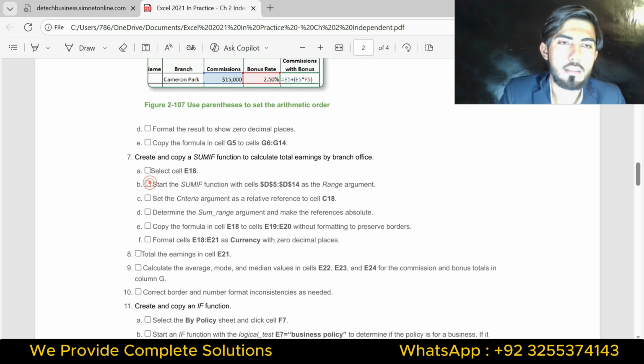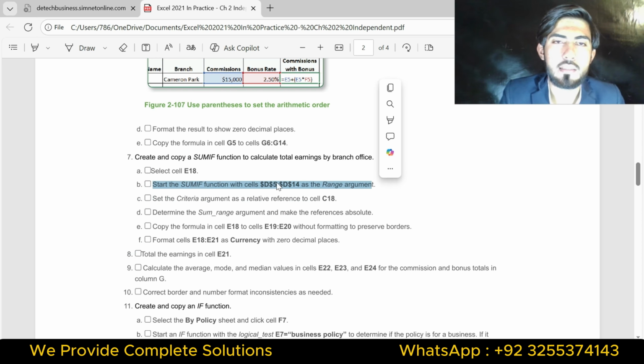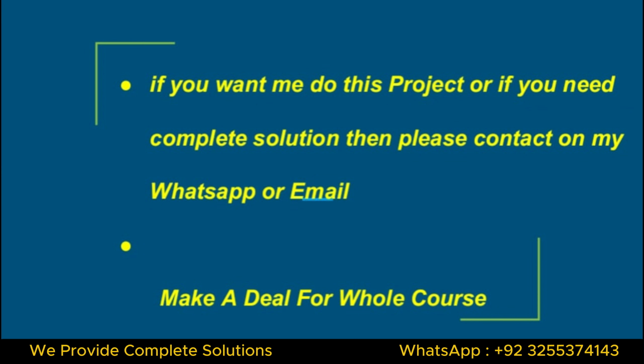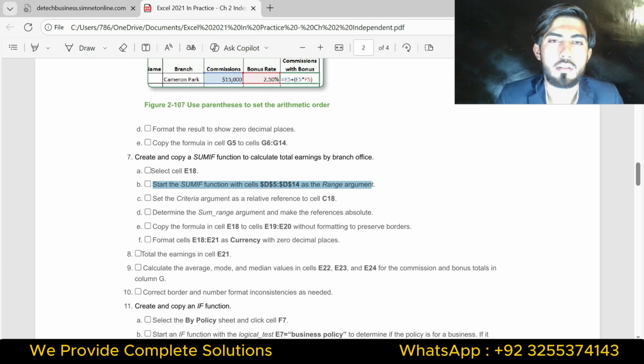Part B is start the SUMIF function with cells $D$5 to $D$14 as the range argument.